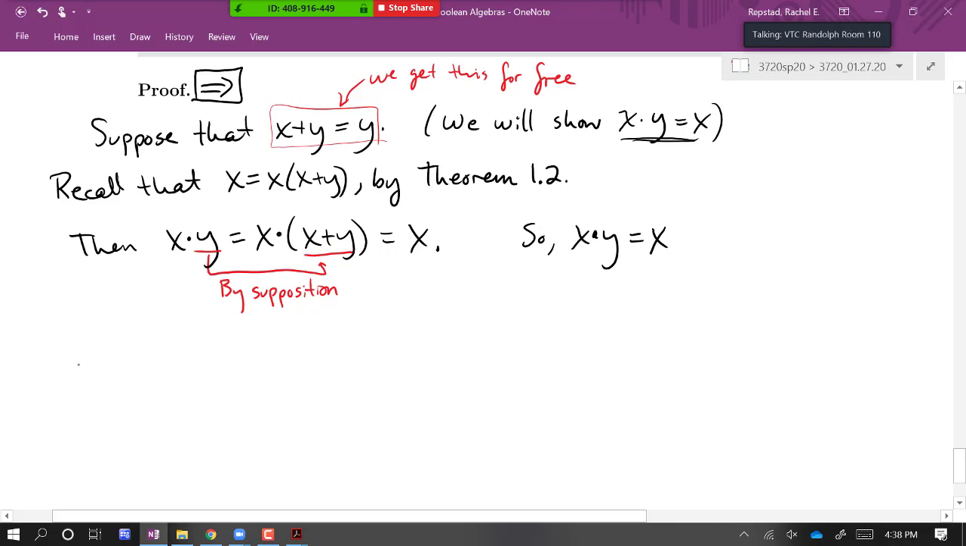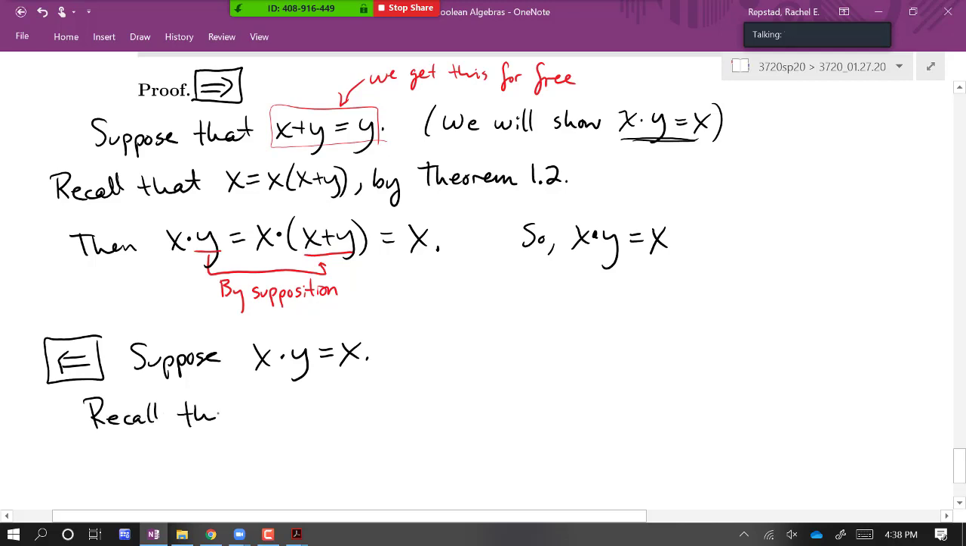There's one direction. In the other direction, we're going to suppose that x times y equals x and show that x plus y is equal to y. And this time, we're still going to use that absorption rule, but we're going to use the other part of it. So we'll recall, again by theorem 1.2, recall that y is equal to